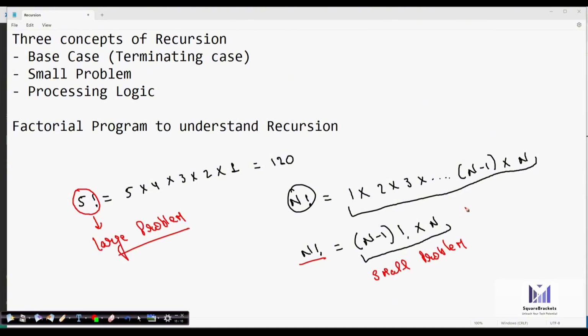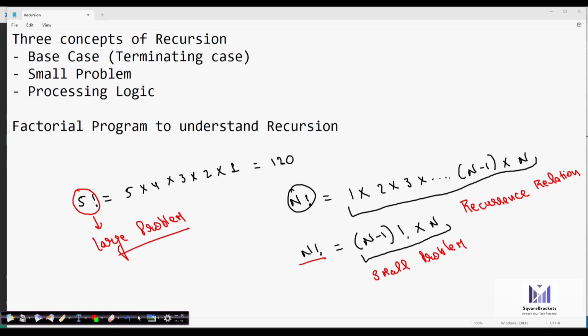This equation is known as a recurrence relation, or recurrence equation. If you derive the smaller problem, you can derive the larger problem easily.